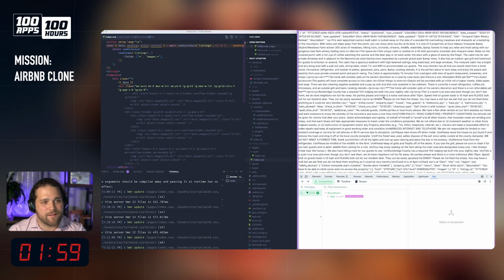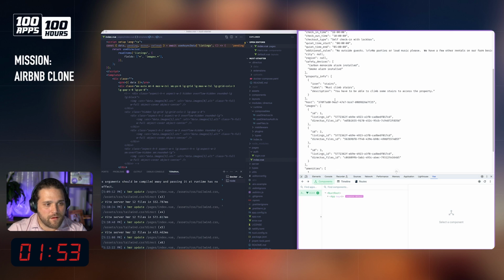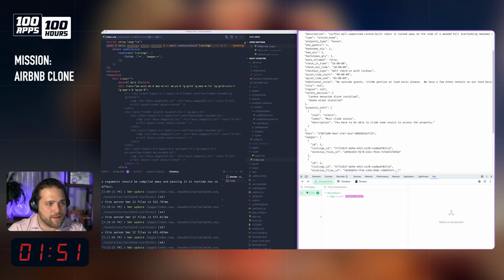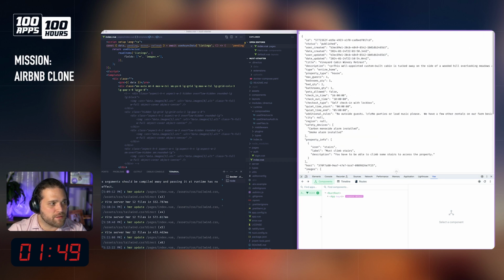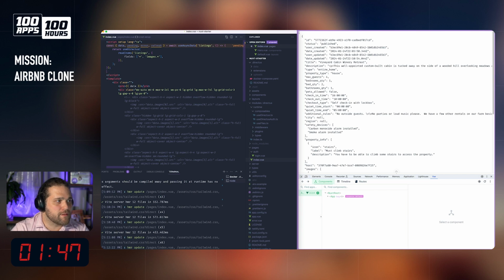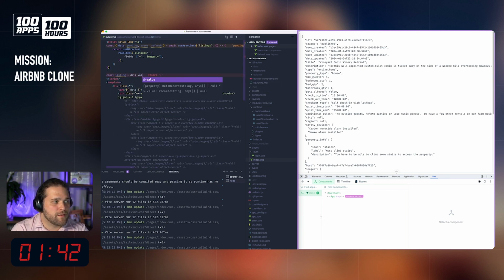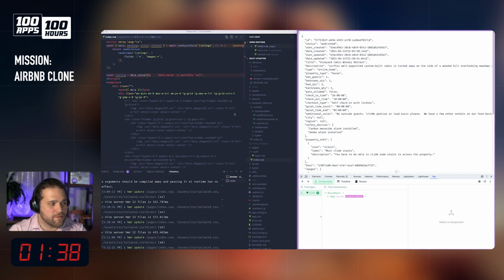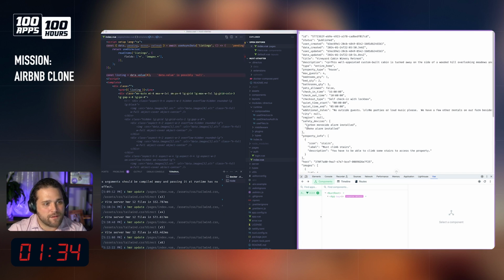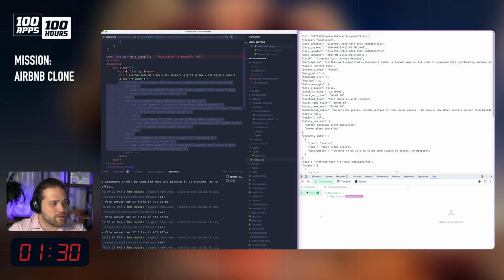All right, so we have data.images. Now I got to do data.1. Let's just do this. Our listing equals data.value. And we'll log our listing. Okay, and now I should be able to do something like this where